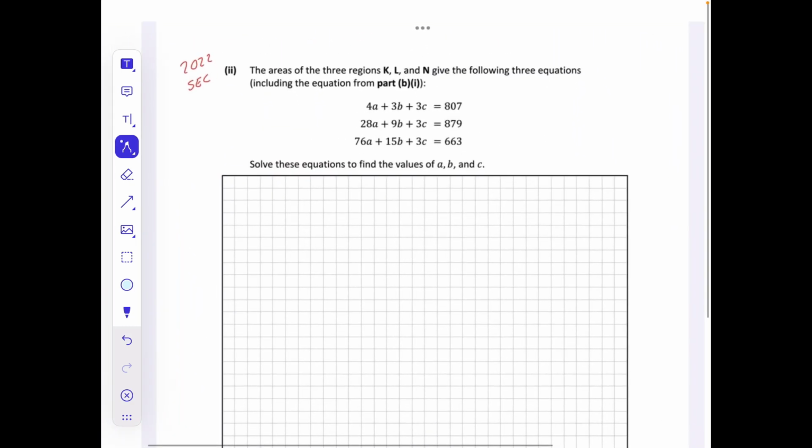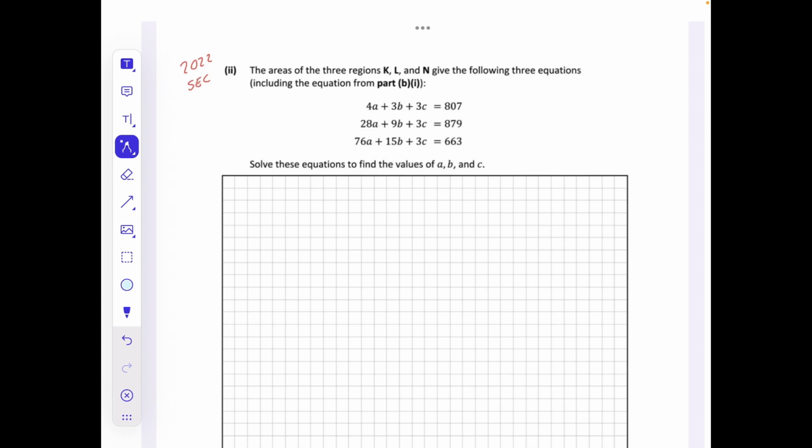Okay, so we're going into our exam questions now. This came up in 2022. Now, I thought there were two tricky bits about this. You'll notice when you read this question, the areas of the three regions, K, L and N, we don't know anything about that. I've taken this from a much longer question. But regardless of that, we should still be able to spot